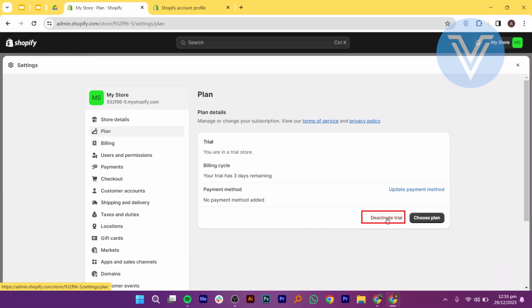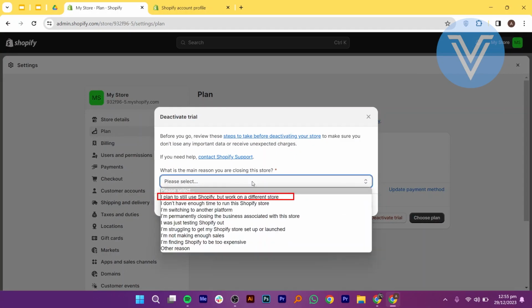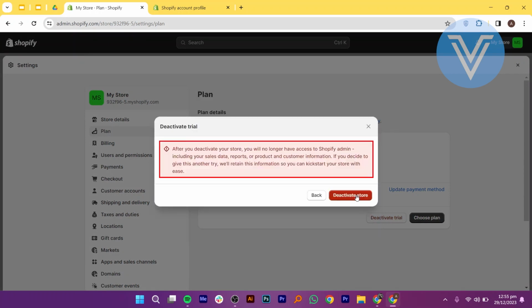Click on Deactivate Store. In the pop-up menu, choose the third option, Deactivate Store. Then provide a reason for deactivating your store or select Other Reason. Then click Continue. Now, a confirmation window will appear, informing you that after deactivation, you won't have access to sales